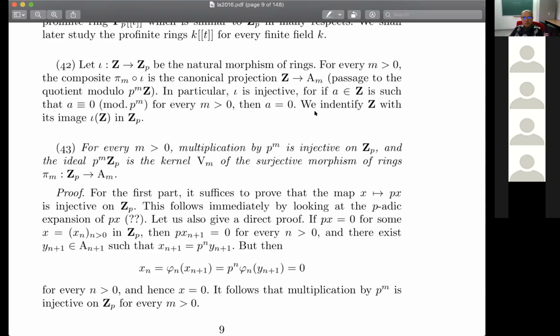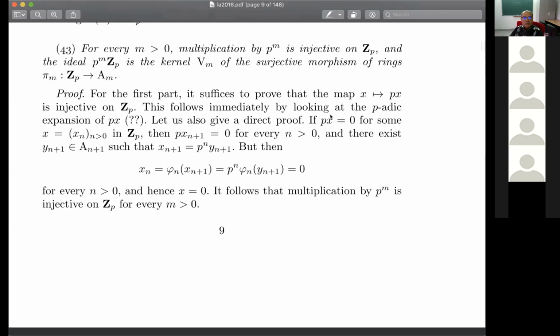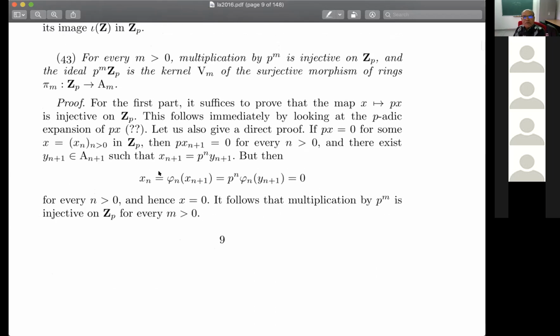So, and therefore we can identify Z with the subring, which is the image of this unique morphism into Zp. Okay. So here comes the first fact about this ring Zp. It says that the multiplication by p to the m map,